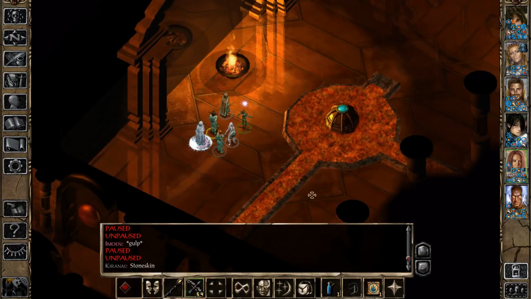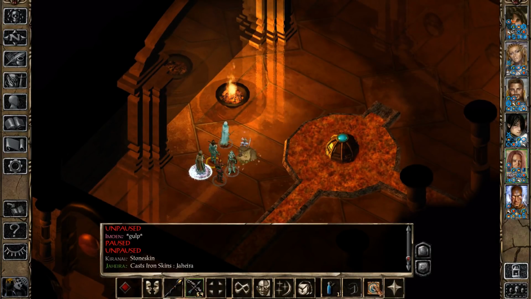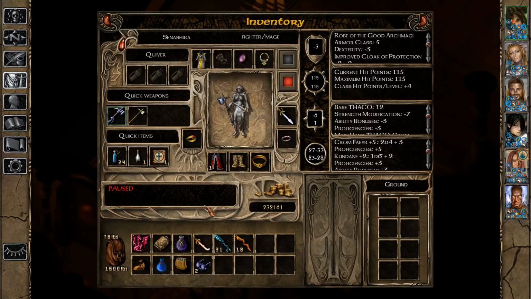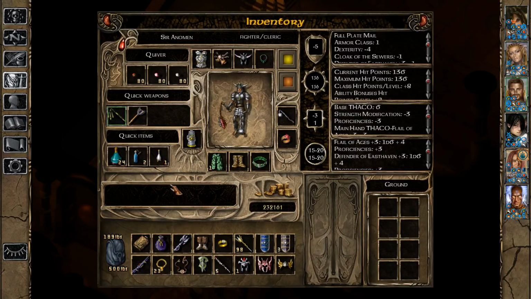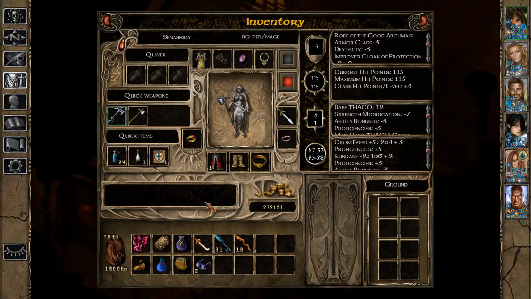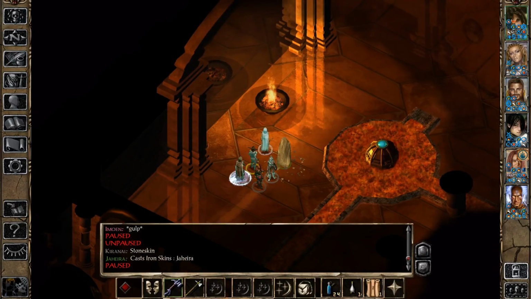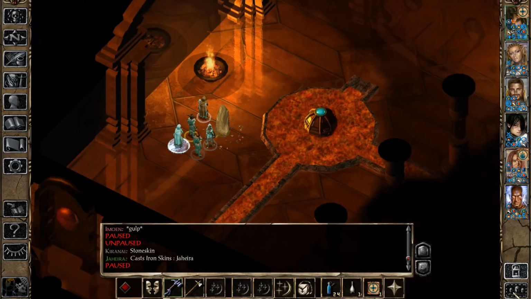Just making sure. And we're going to cast this protection from fire scroll onto Jaheira. Also, you might have noticed that we have some stuff on Senashira, and not only her, but also on Jaheira and Anomen: we have potions of heroism that they are going to use in a second. Senashira is going to apply this protection from cold onto herself, because